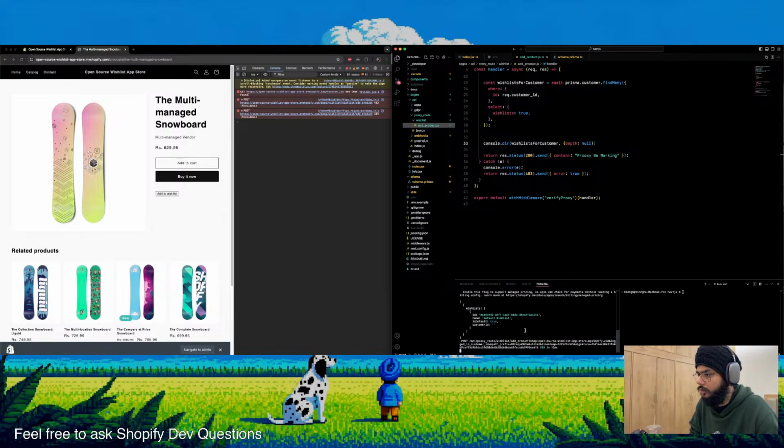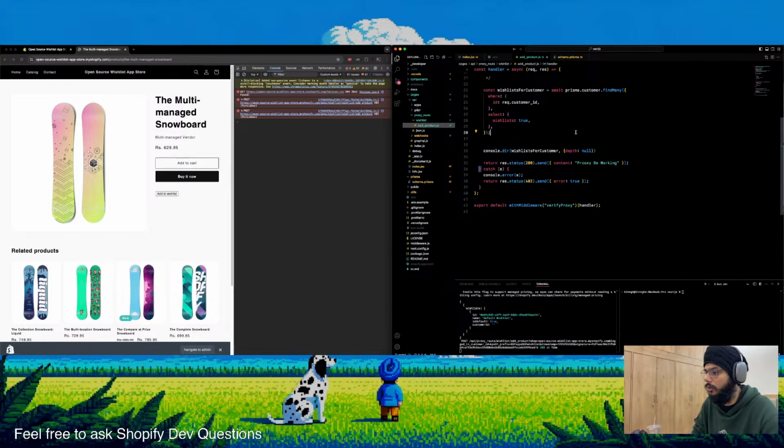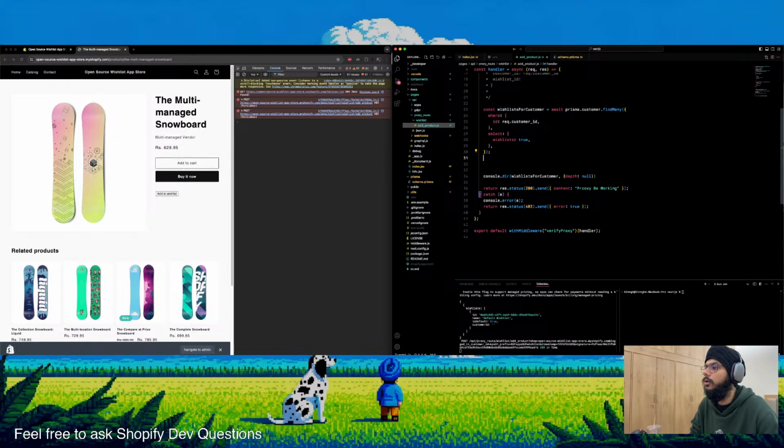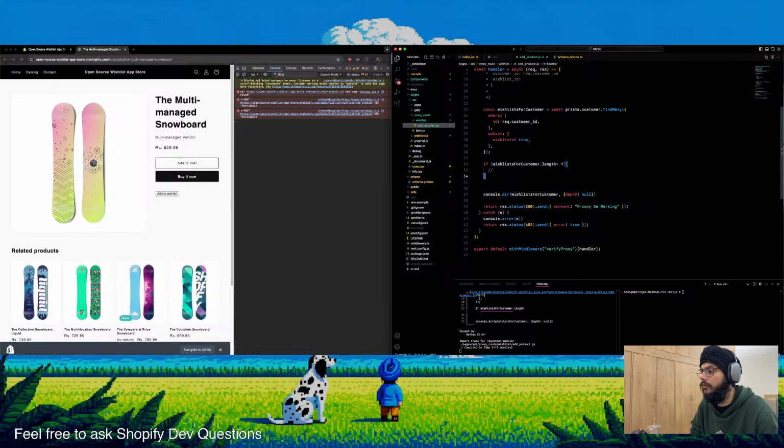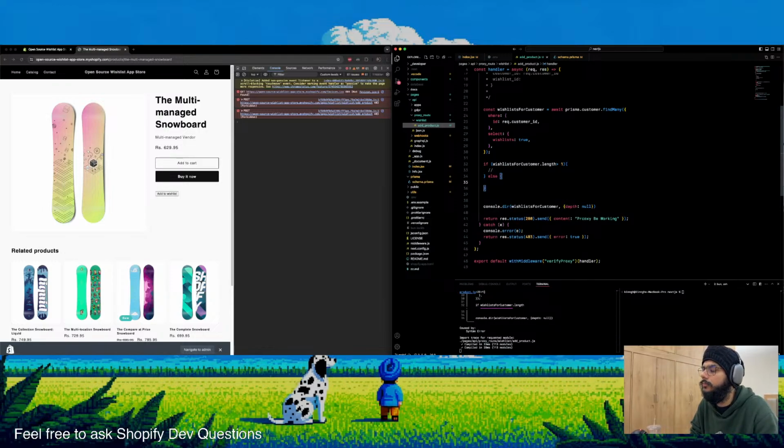To wish list. So we did find a customer with that customer ID, and it has wish lists, right? So if wish list for customers dot length is greater than one, that means we need to run a different query. Else,